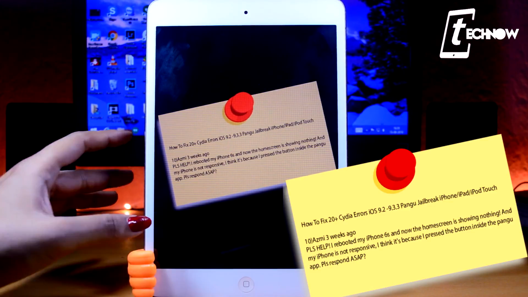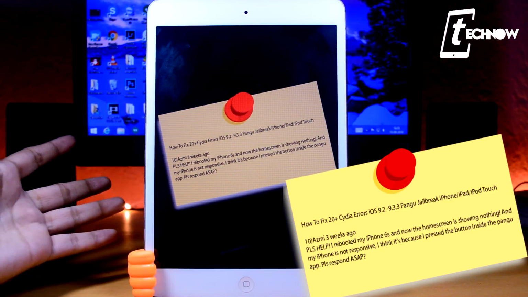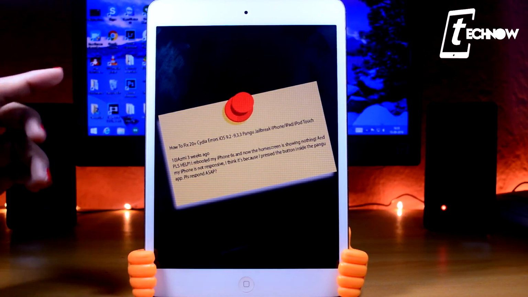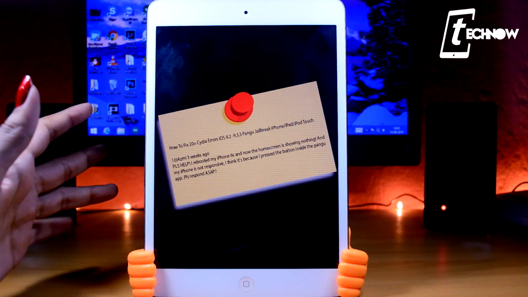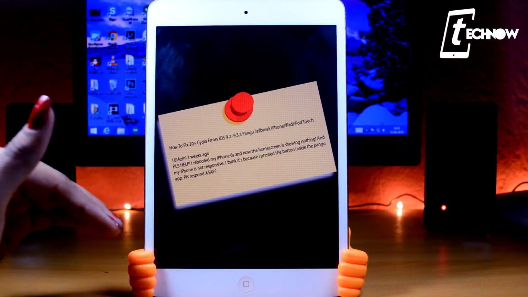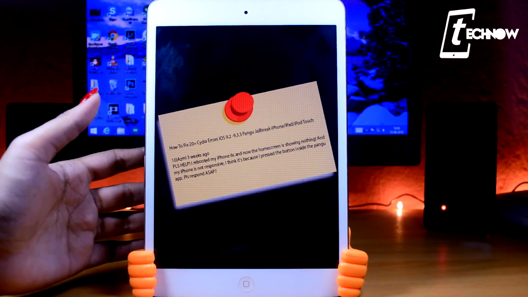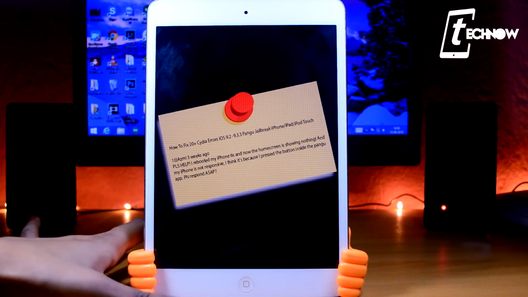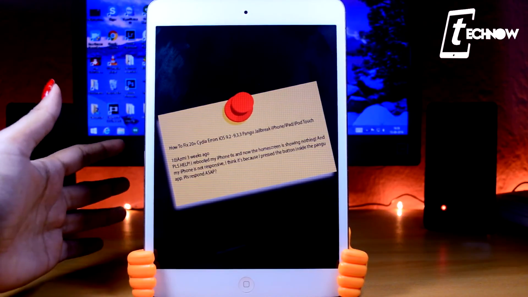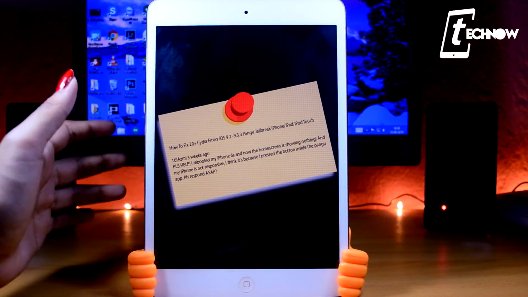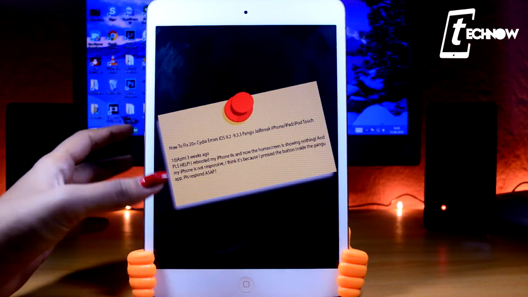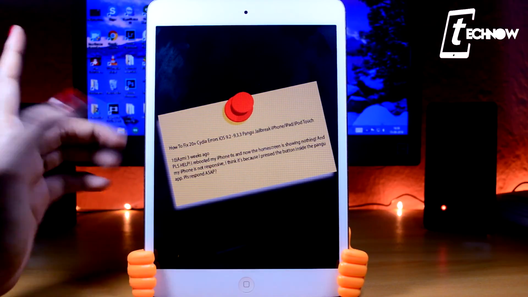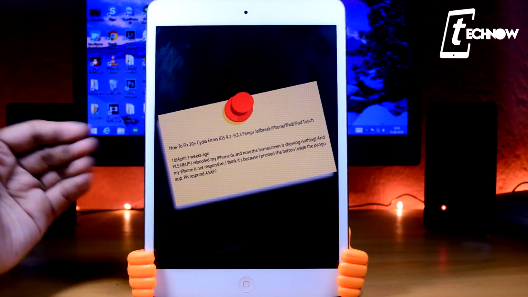up on your device. And after this forced reboot, you have to check whether your iPhone screen becomes responsive or not. And if your iPhone becomes responsive, try jailbreaking it after watching the video that is given down below, on how you can jailbreak using the latest Pangu version. I think it won't give you any error. And if the forced reboot works, then your device will be working smoothly. But if it is not working even after force rebooting your device, the best possible way to fix your device is to restore your device. You have to get into iTunes and from there you have to restore your device to the latest iOS version, and that's the only way you can fix the unresponsive iPhone screen.